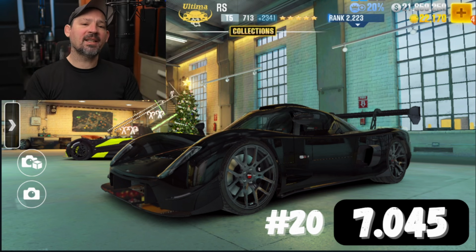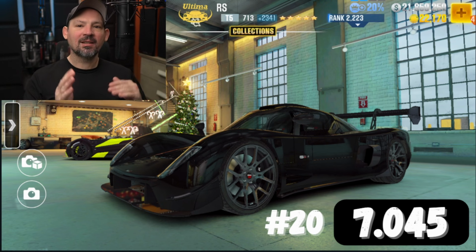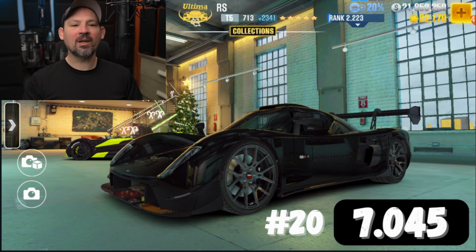What's up everyone, Danny Linen back, and today we are going over the top 20 fastest cars in CSR2 Racing, and these are all Golden Star cars. I already did one for the other tiers and the Purple Star ones, but top 20 fastest Golden Star cars in CSR2 Racing. Starting off with number 20, we have the Ultima